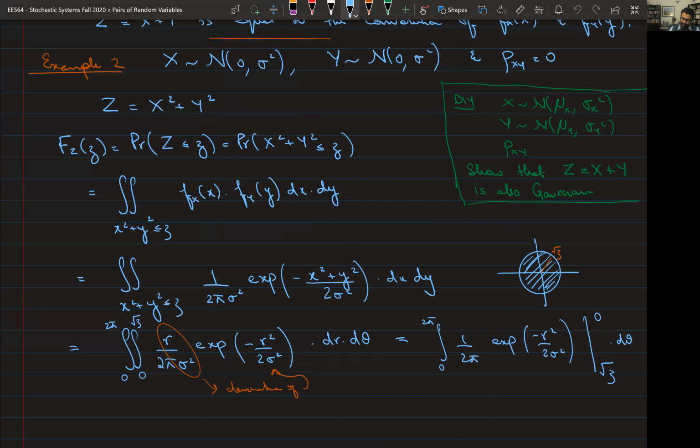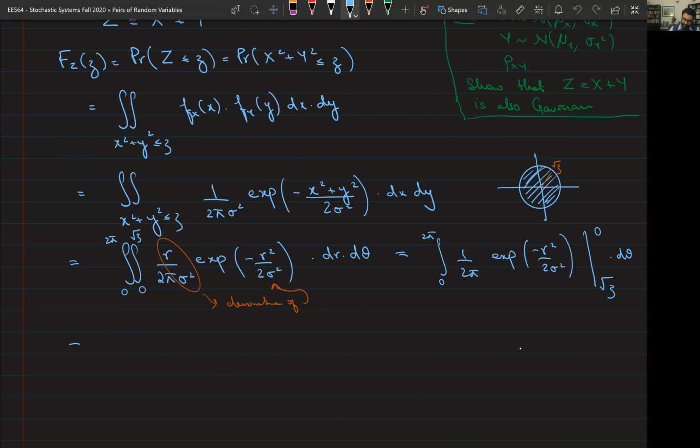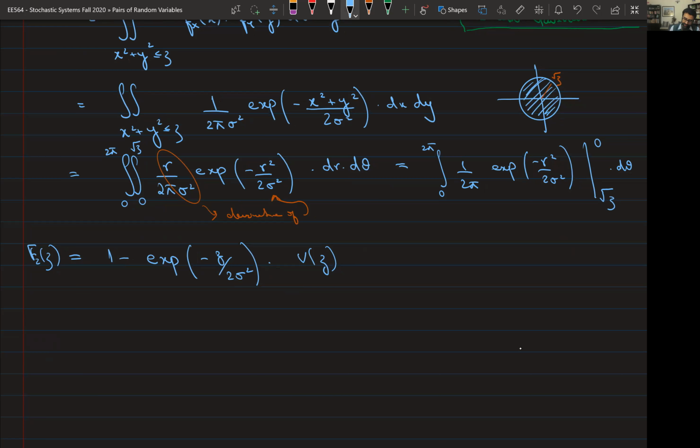minus e raised to the power minus z upon 2 sigma squared. This is F z of z, the CDF. And there's a u of z here, by the way. The reason is because the radius can never be negative, so there's an underlying constraint there. And therefore, the PDF of z